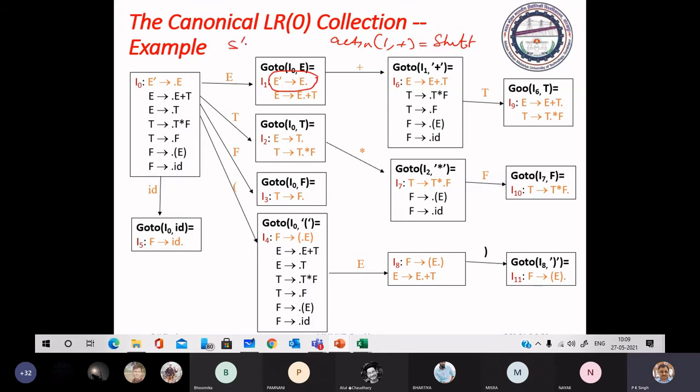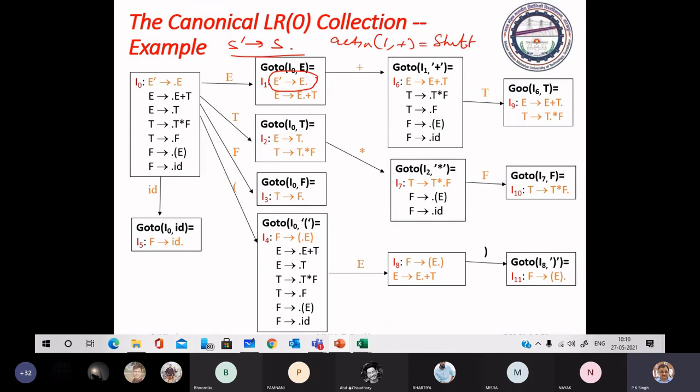S dash to S dot. What is this? Except end of parsing, except case. E dash is the, means E is the start symbol. बात समझ आ रही है?